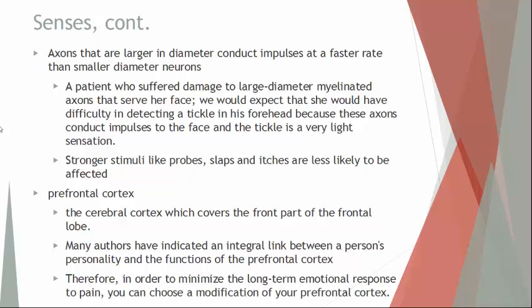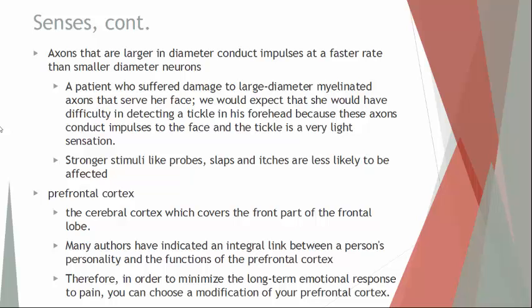Axons that are larger in diameter will conduct impulses at a faster rate than smaller diameter neurons. A good way to think about that is if you're sitting in traffic during rush hour on a busy highway or interstate, and that interstate were down to one lane, there's a lot of people trying to go in one direction in a little amount of space. It's going to take longer for everyone to get through. But if that highway were, instead of one lane, let's say 20 lanes, there's a lot more room for information to flow. So the wider or more space that a neuron has, the faster information can be delivered.